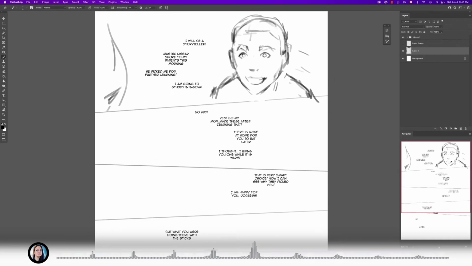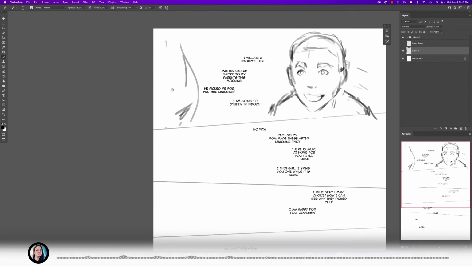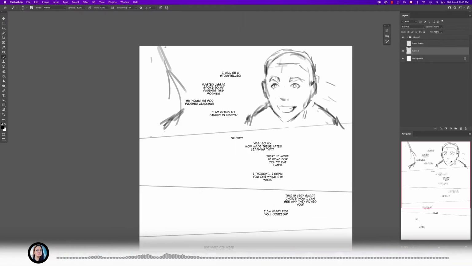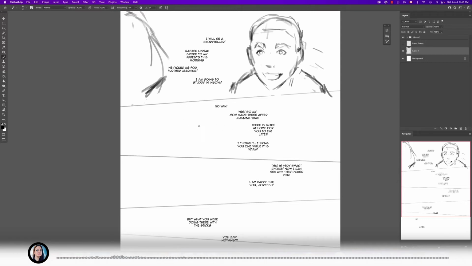And then we will have your, I'm thinking, should I just push her a little bit more? Sometimes I'm thinking about the composition too. It's actually not just sometimes, I'm thinking about composition because it is important how the eyes kind of float on the page. Maybe her face, like her head, should be a little bit smaller. And then here we have kind of a shot reverse shot situation because she is reacting to him, and we have her. I'm just thinking, should I do a shot reverse shot,